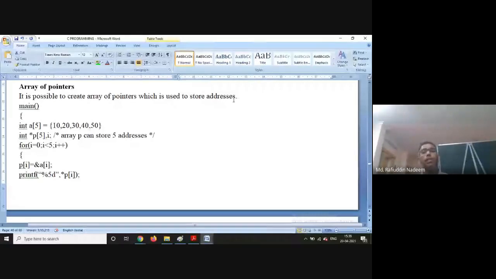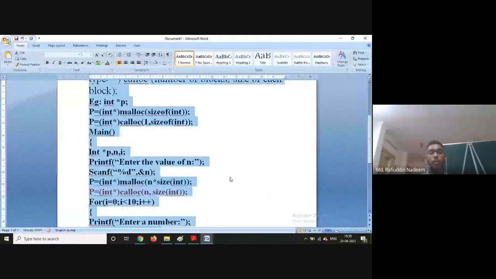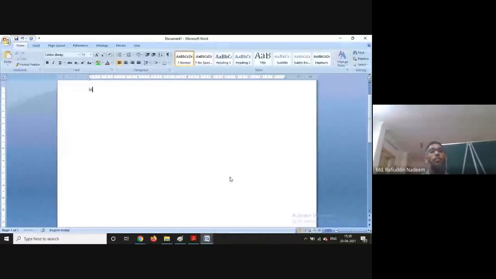So you know that when you're using the pointer int star p, it can store only one address, whereas in case of int star p of 5, this is actually capable of storing 5 addresses.